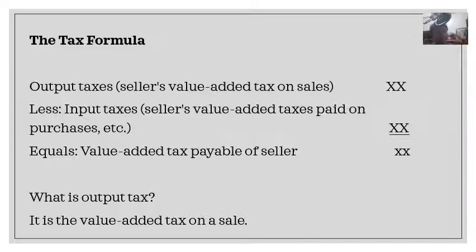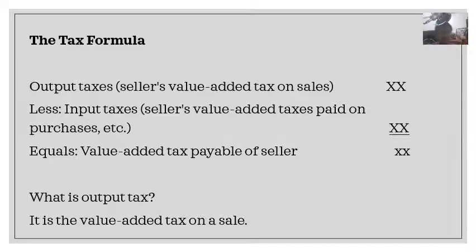Again, so for example, nakakompute ka ng 10,000 dyan sa output tax mo. Kunwari, gross selling price times rate is equal to 10,000. Tapos sa input tax mo, mga pinagbili mong mga subject to value added tax na goods and services, kunwari, nakakuha ka ng input tax na 6,000. So, 10,000 minus 6,000 is equal to 4,000. So, yung 4,000 lang, yun yung i-remit mo sa BIR.